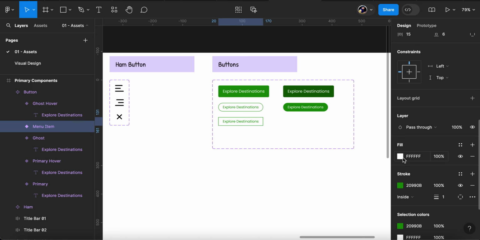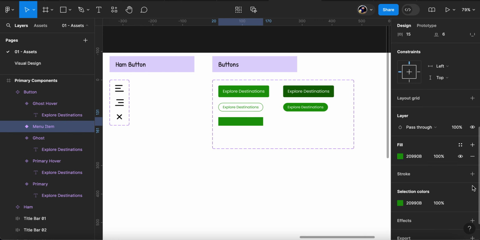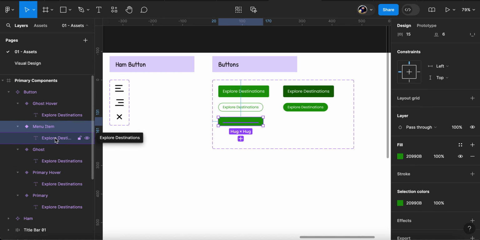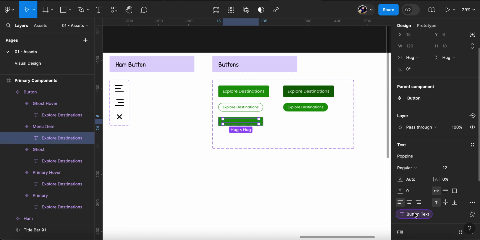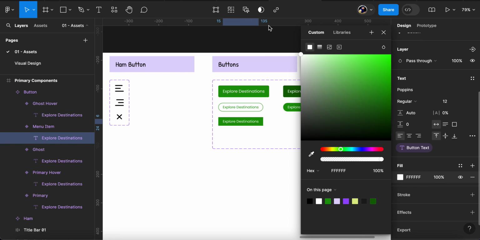I'll swap the colors. Might be I'll go with this one. And I'm removing the stroke there. I'll also change the text color. Text color to white,